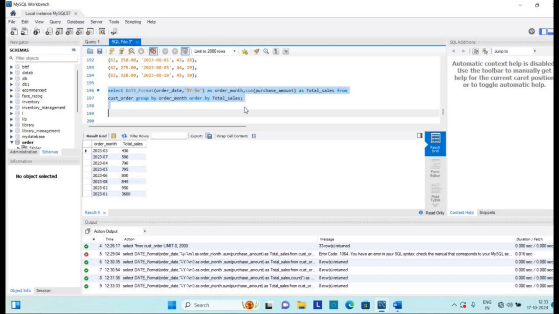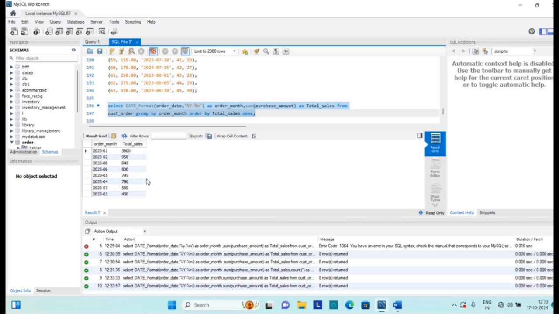If we want, we can do it in ascending or descending order so that we can display highest to minimum sale. Now we want the count of total orders placed in each month. To achieve this, we write after total sales, comma, count star as total count.